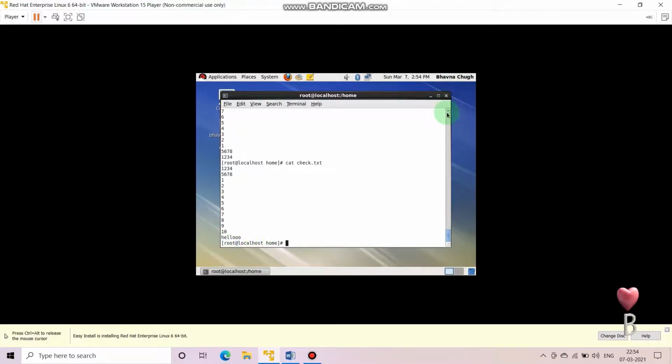Okay, so hope you are getting me, guys. Here it is showing at the top because it shows the data in the reverse format, from down to up, and in cat it is shown from up to down, from start to last. Okay,